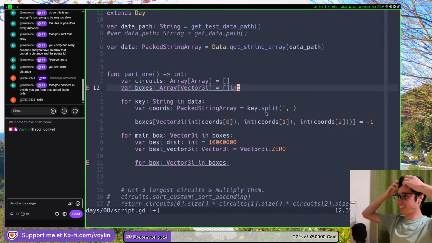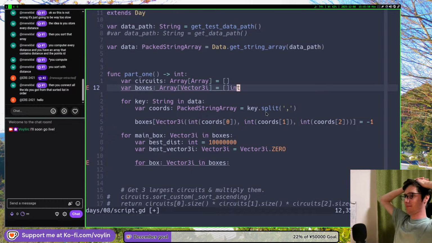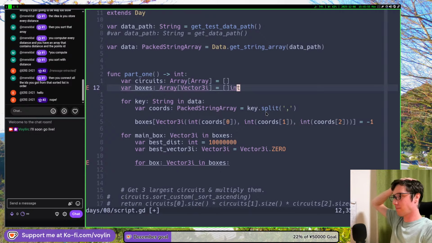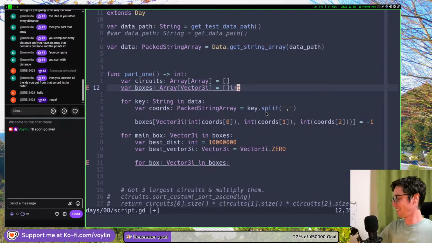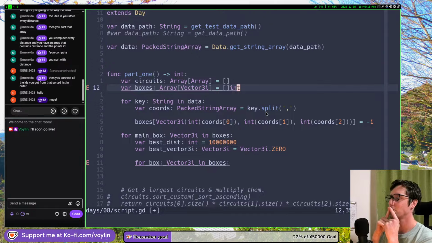And then you connect all the ideas that you got from that sorted list in order. Nope. どうしよう。どうしよう。